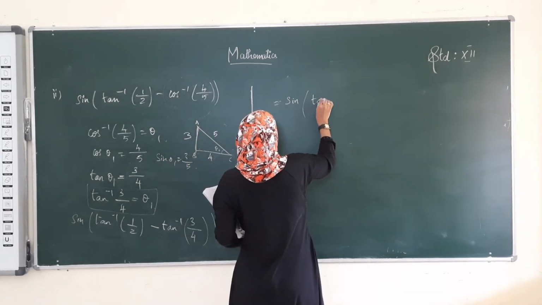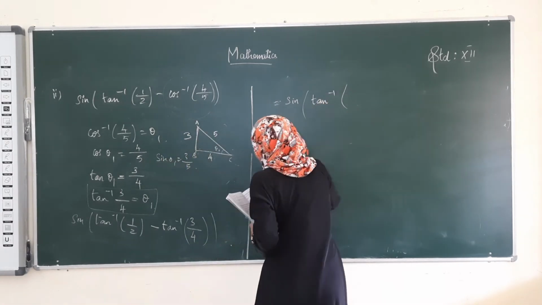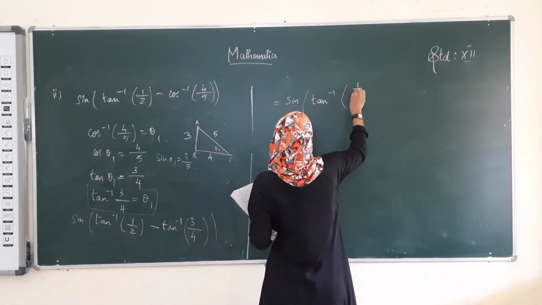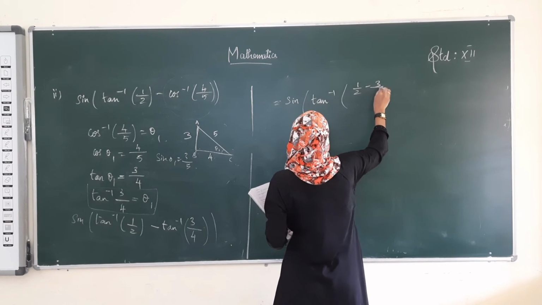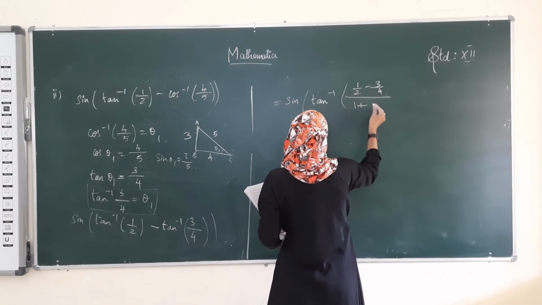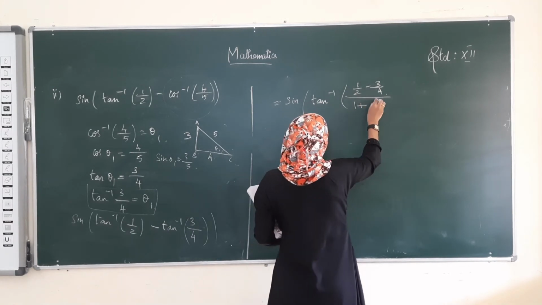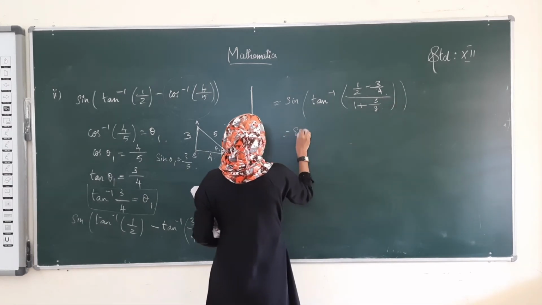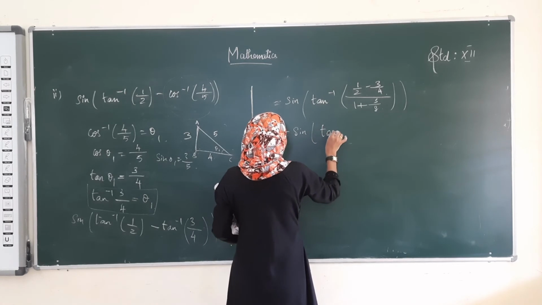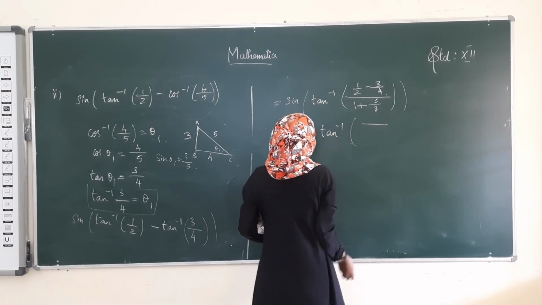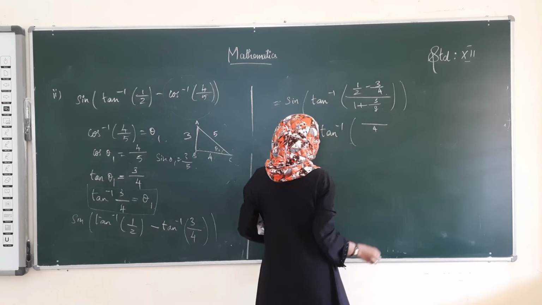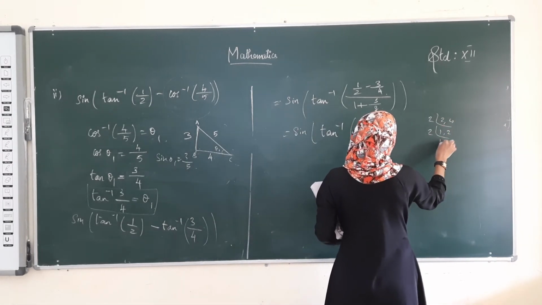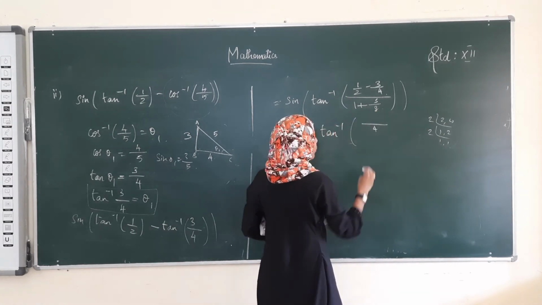That is tan inverse of, here A is 1 by 2, B is 3 by 4. Tan inverse of (1 by 2 minus 3 by 4) divided by (1 plus 1 by 2 into 3 by 4), that is 3 divided by 8. Okay, solve this. What's the LCM above? It's 4, right? 2, 4. 2, 1, again 2, 1, 1, 2. 2 into 2, 4. 4 is the LCM.